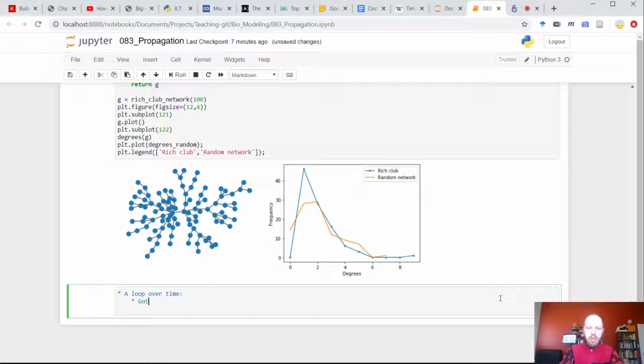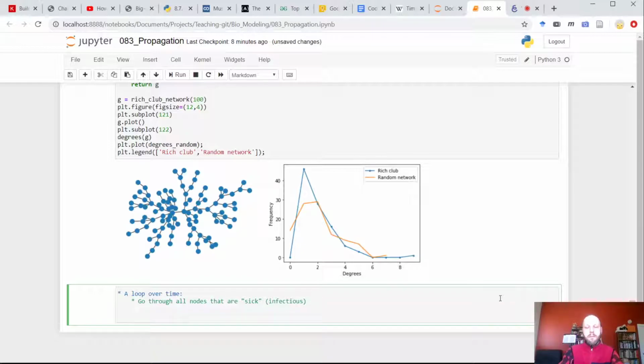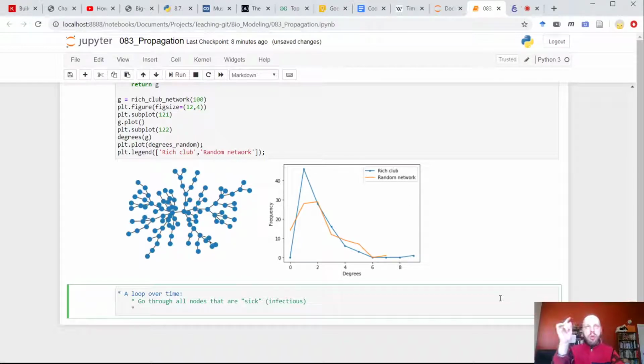So one option is to go through all the infectious, sick nodes. Maybe we keep a list, or we just go through all nodes and pick those that are infectious. So for each infectious node,